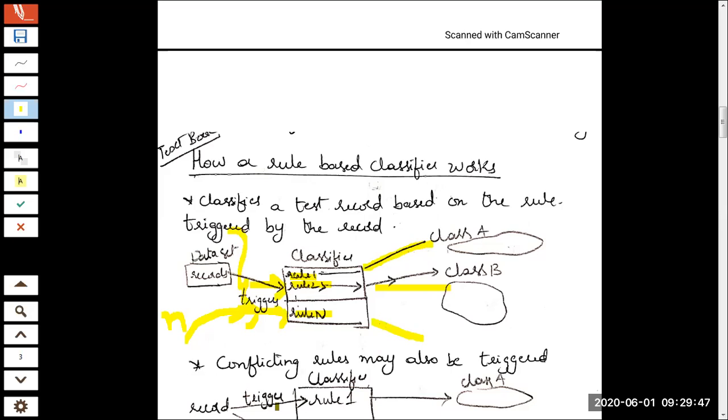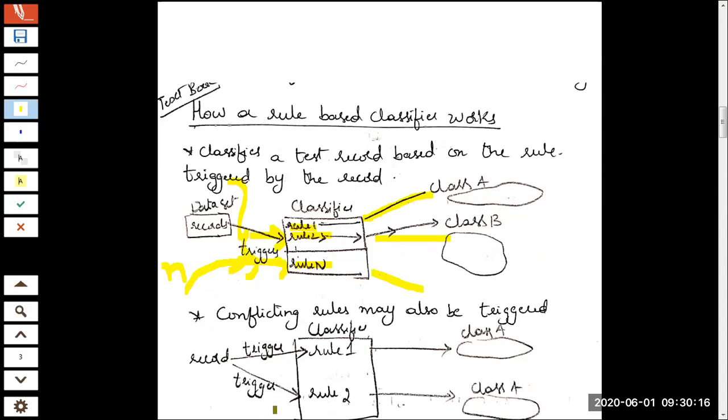Still we have not gone into the details. Did you understand what a rule-based classifier is and its need for a classification problem? Previously it was a decision tree. Now it's a different method, a different approach, the rule-based classifier. Please give me a confirmation whether you have understood this up to this point. With your confirmation, I will continue with further details with respect to the rule-based classifier.